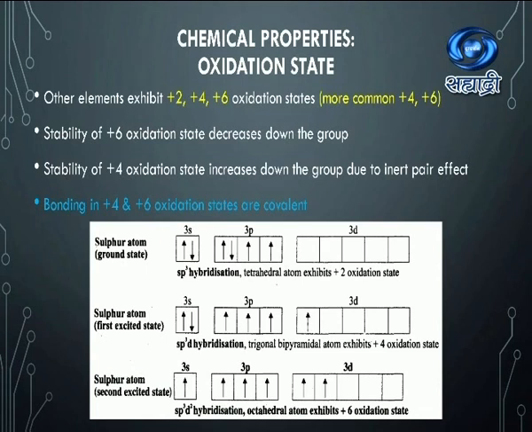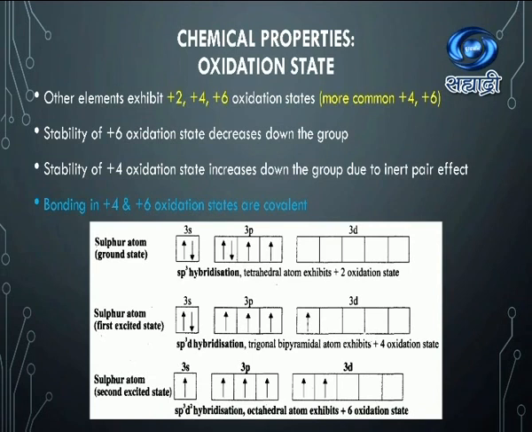So ground state configuration of sulfur is given 3s2 3p4. So if sp3 hybridization occurs, then tetrahedral atom exhibits +2 oxidation state. Now, if you consider first excited state of sulfur atom, then you will find that configuration is 3s2 3p3 3d1, and by sp3d hybridization, this sulfur atom can exhibit +4 oxidation state. Similarly, in the second excited state of sulfur atom, configuration is 3s1 3p3 3d2, and by sp3d2 hybridization, sulfur can